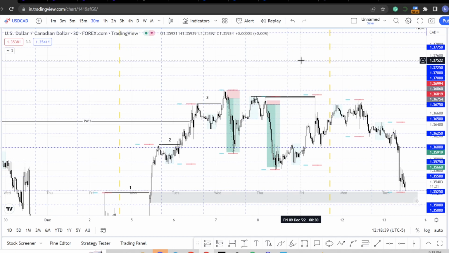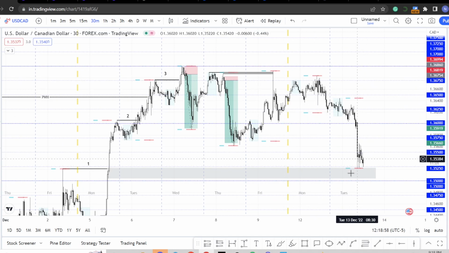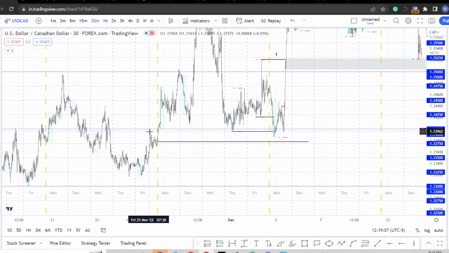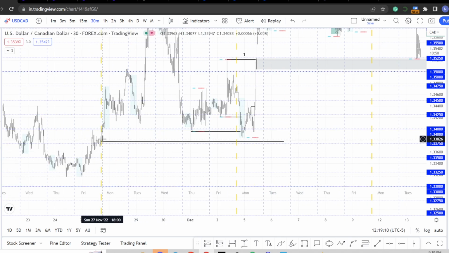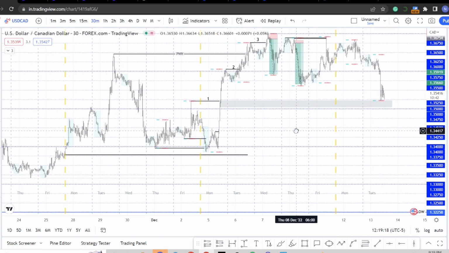Okay, I have another trade I took on New Zealand USD yesterday, which was Monday the 12th of December. Which was definitely a beautiful trade, a 1 to 2 risk to reward. Okay, and so that was it. Now we have broken this week. It shows us that we have tested this hidden base here. So we are going to see if we are going to continue downward to get this gap. There was a gap here created 2 weeks ago. You see how long this gap, I've been anticipating that this gap is going to be filled, but see how long it takes.